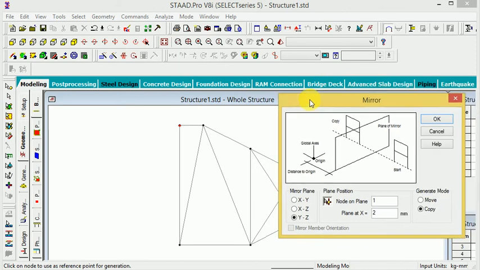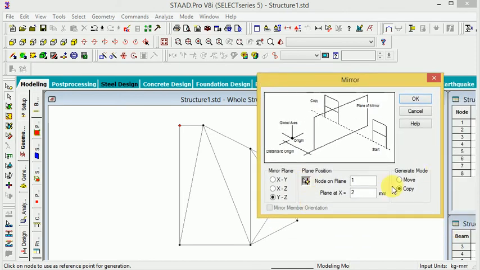Second thing, we will set this area. Go here, and I want to move, not copy. Here is the move, there are two types of process here. So right now work in move entities.